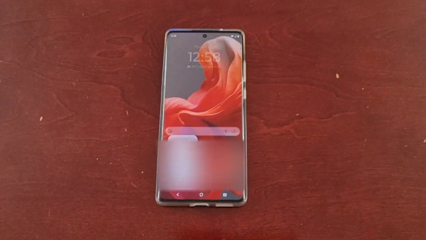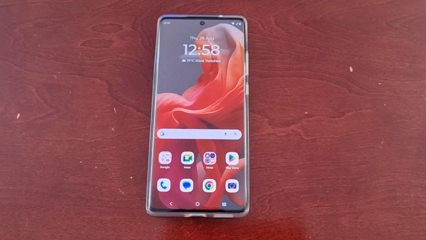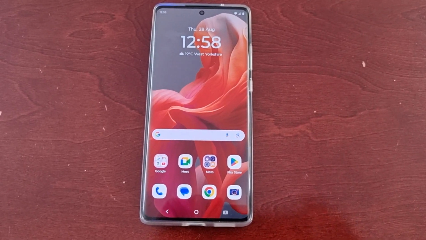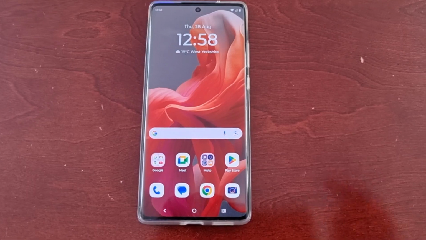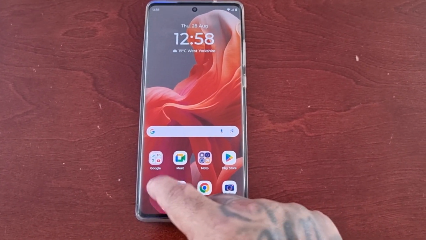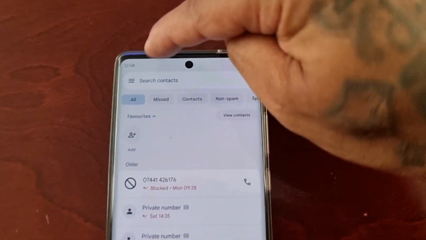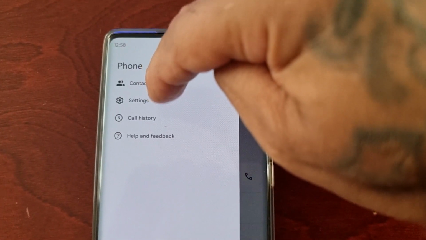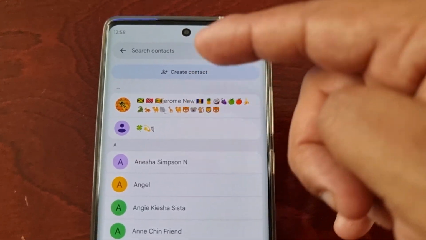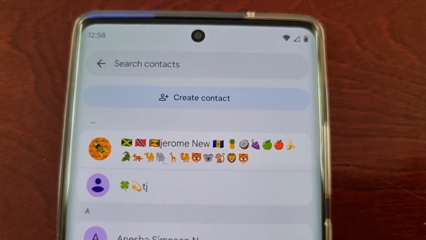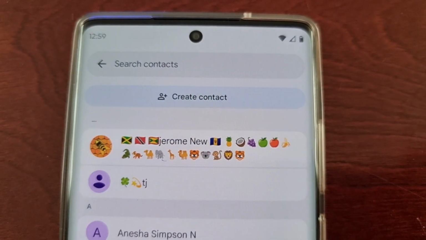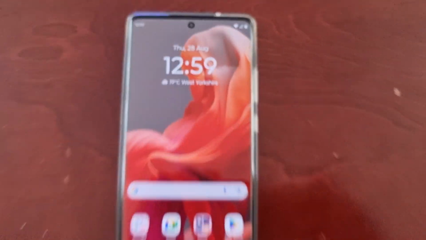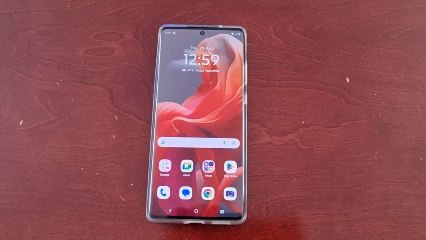And that's it. That's all you have to do. So that's how you add calling cards to each of your contacts. So all you have to do is just go through each of your contacts and just simply add the calling cards. Obviously, it's going to take a long time, but yeah, that's how you add the calling cards to your contacts